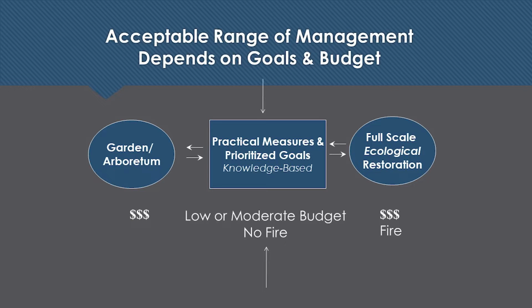Now we have full-scale ecological restoration out at the Cullen Preserve, where there are all kinds of big-scale restoration. Then there can be the garden arboretum kind of restoration. That's kind of expensive, where you have a beautiful forest. You want to incorporate native plants, and you want to incorporate hostas and some other ornamental plants, just like you have out at the arboretum, and that's a very good option as well. We're going to focus right here in the middle.